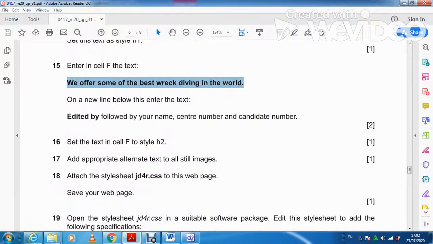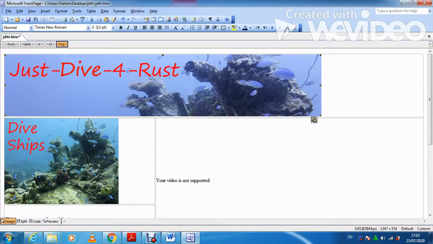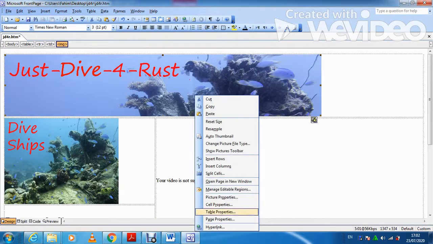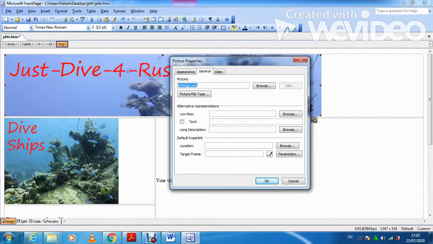So choose both of them and change them to heading style H2. It's done. And then they said add appropriate alternate text to all still images. So these two are the images. For example, I'm just going to right click on the picture, properties, general, and then I'm going to write here, for example,